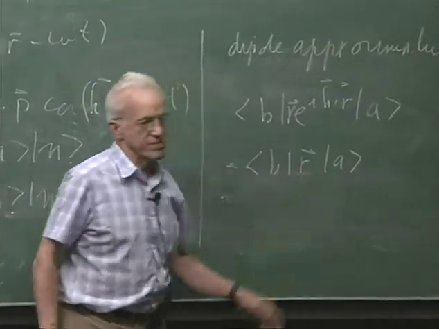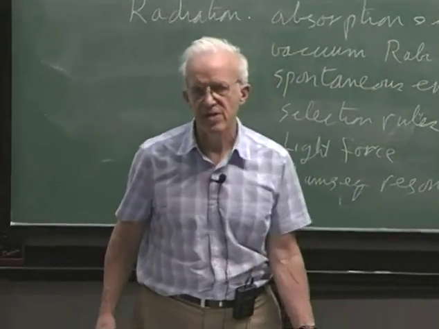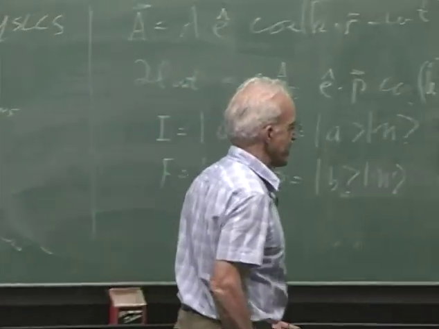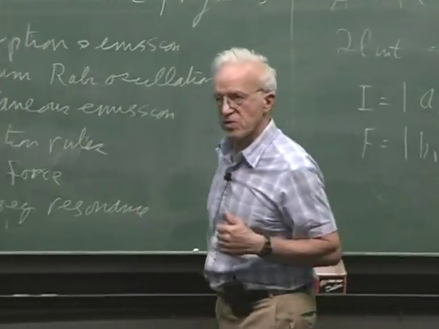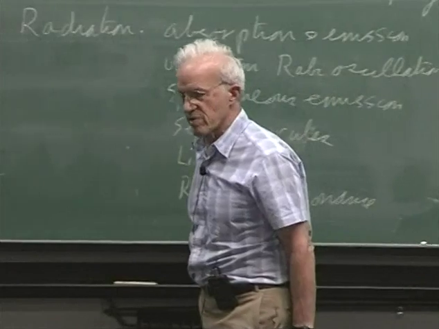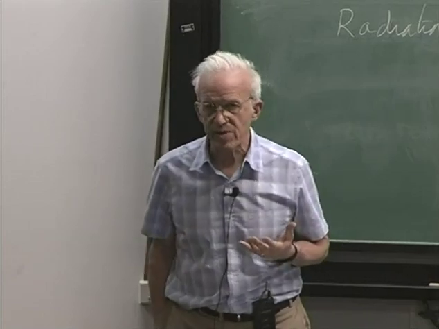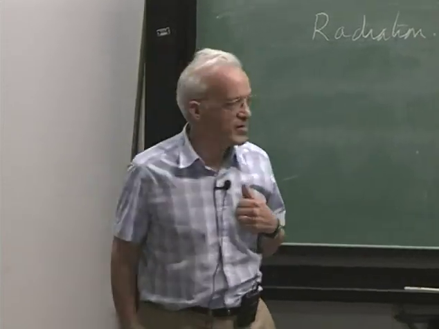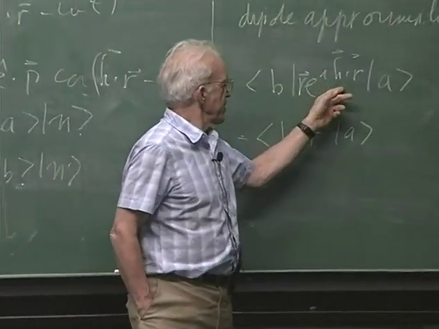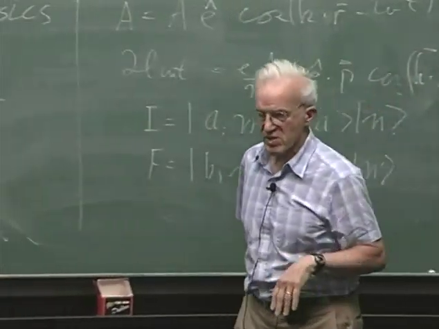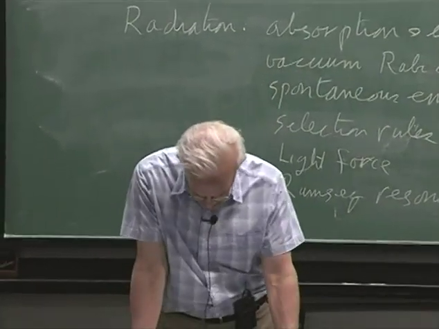Now, in some cases, that matrix element is going to vanish. In that case, you go to higher order terms. But this is the most common type of radiation. It's simply going to be electric dipole radiation. Go to the next order term. If we expand that and take the next order term, we would find that there are matrix elements of the magnetic moment operator and also the electric quadrupole operator, and they're going to be smaller than this by roughly a factor of alpha. So the next radiation processes are going to be smaller by alpha squared, and if you go to higher order terms, they'll go to alpha fourth. Okay, so